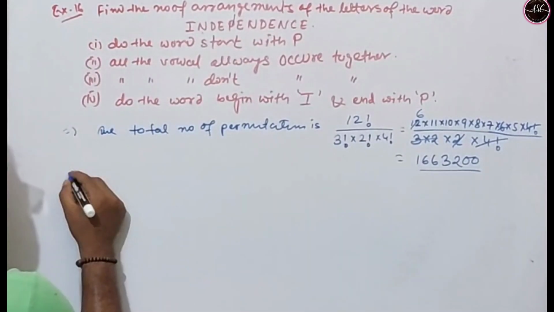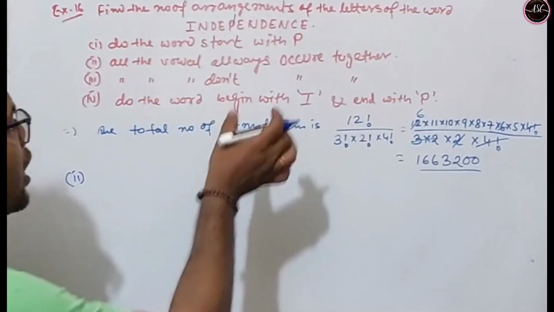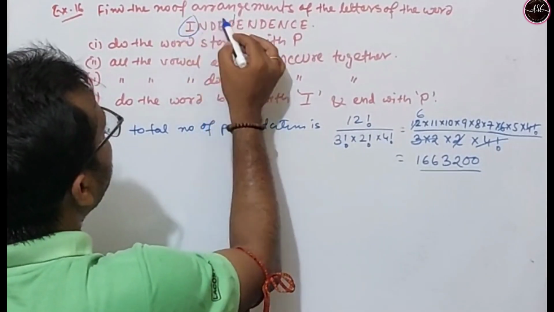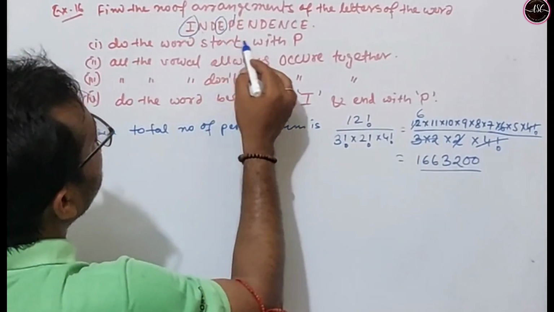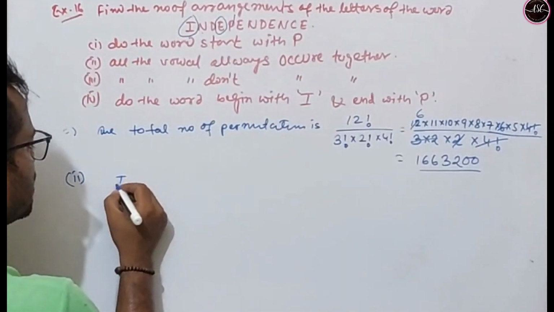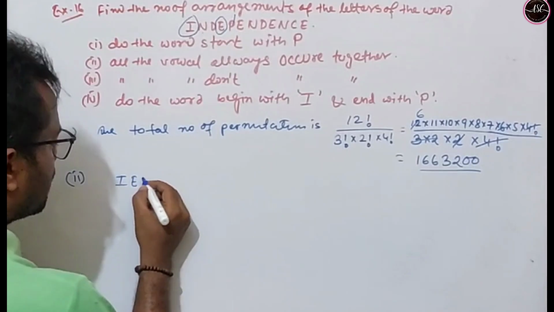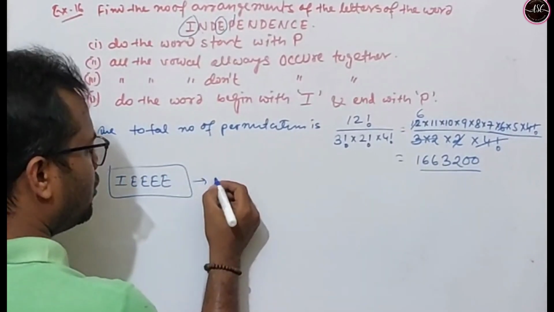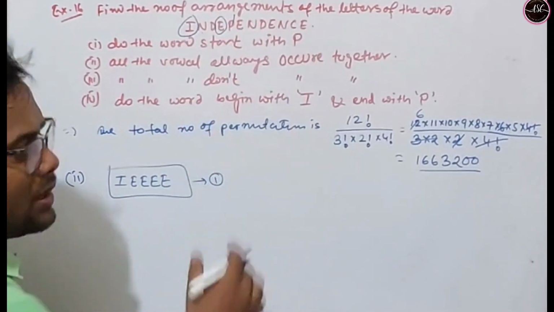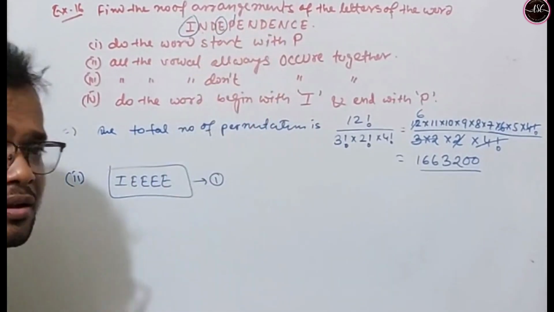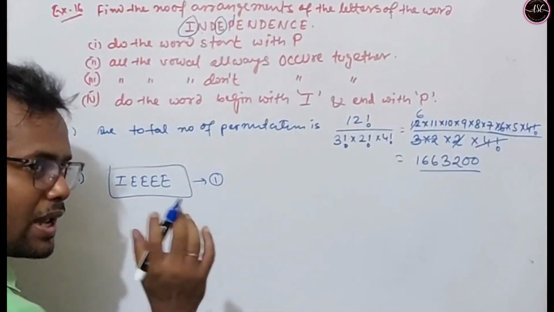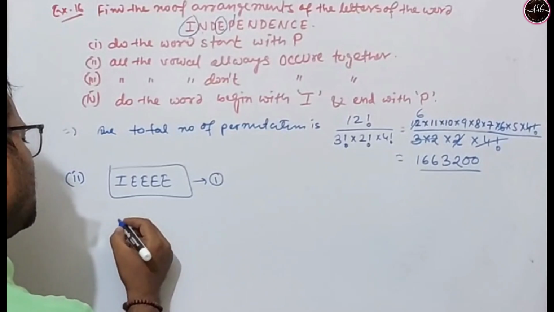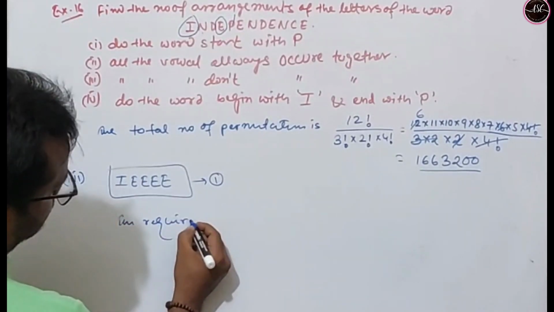Now for question 2, when vowels occur together, that means here the vowels are I, E. So here I occurs 1 time and E occurs 4 times. So we can write this as one letter. Therefore, after these 5 letters, there are only 7 letters, and if we consider this as 1 letter, so 7 letters plus 1 letter, that means a total of 8 letters. So the required permutation is